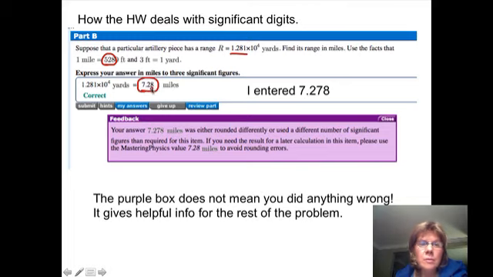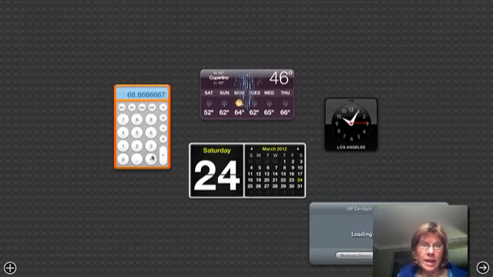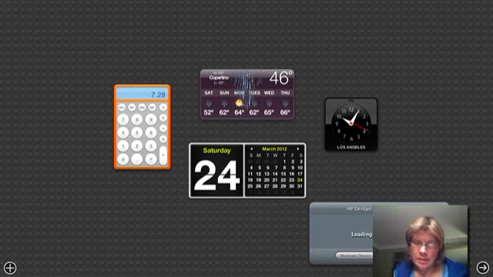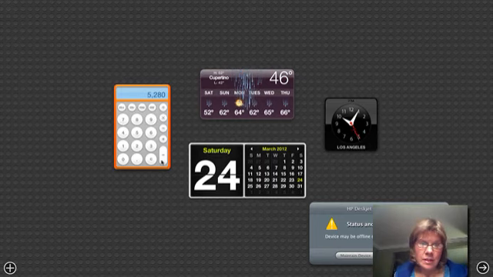And keep in mind that when we talk about significant digits, we don't mean decimal places. I could write 7.28 miles in terms of feet, and I can only give it to 3 significant digits. Let's take a look at that really quick, what that would be. 7.28 times 5,280, it's going to give me a lot more